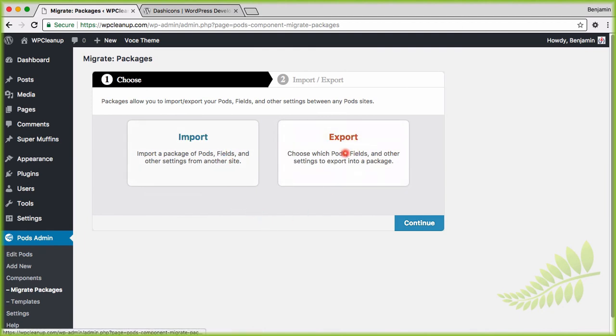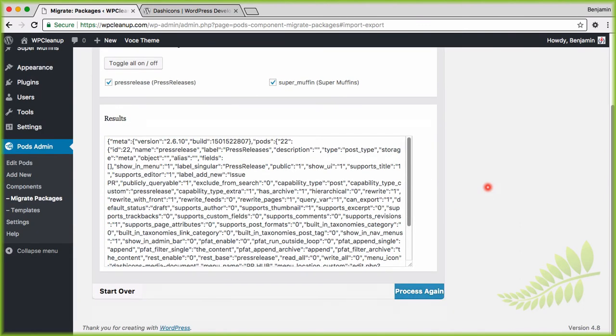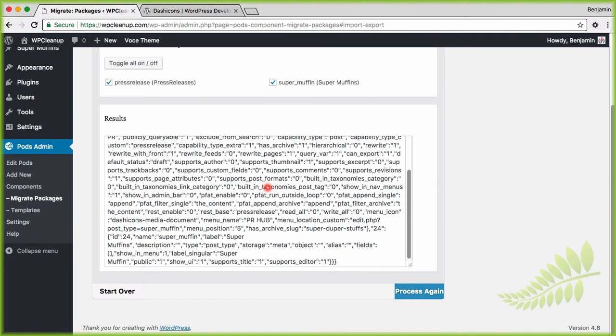So if I'm going to export, I click the button and I choose which pods I want to export. If you have lots of them, it's nice and easy to toggle them on and off, or you can just simply select the ones that you want. When you've selected, okay, I want to grab all the stuff about the custom post types I've created, all the structure, all the custom work I've done with the labels and everything, and hit continue. It's going to give us